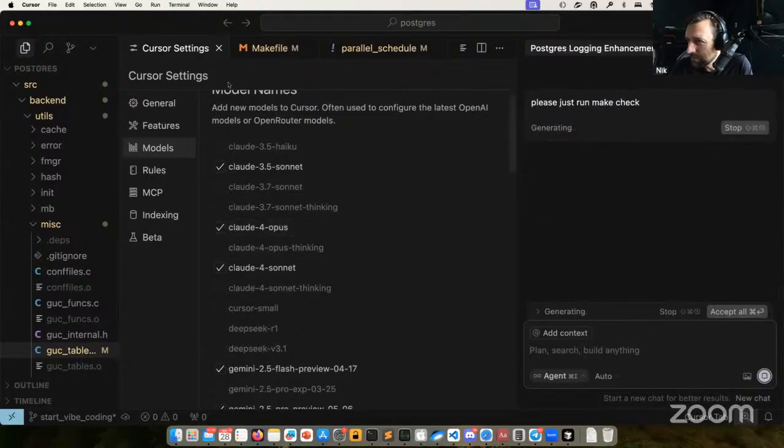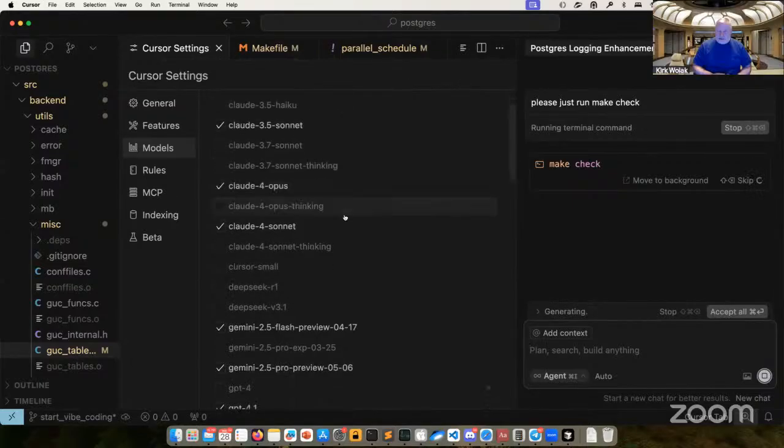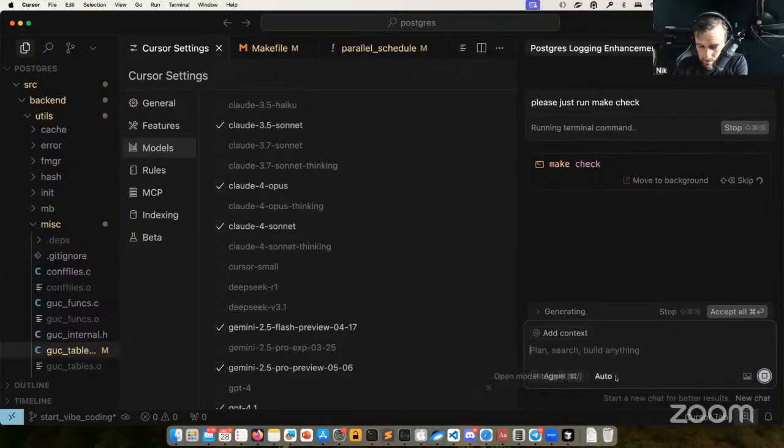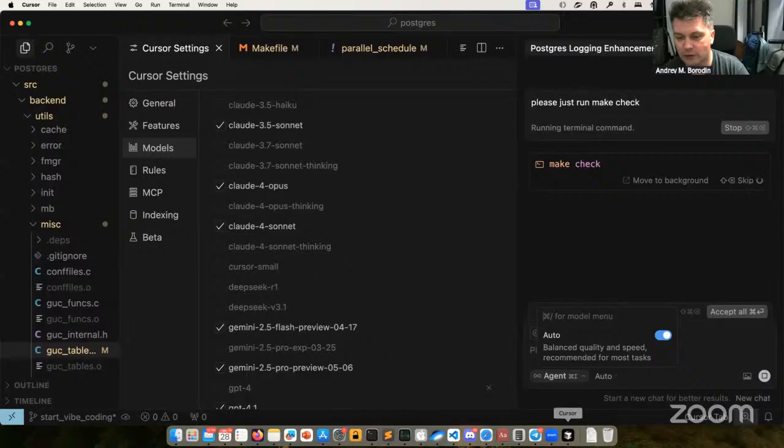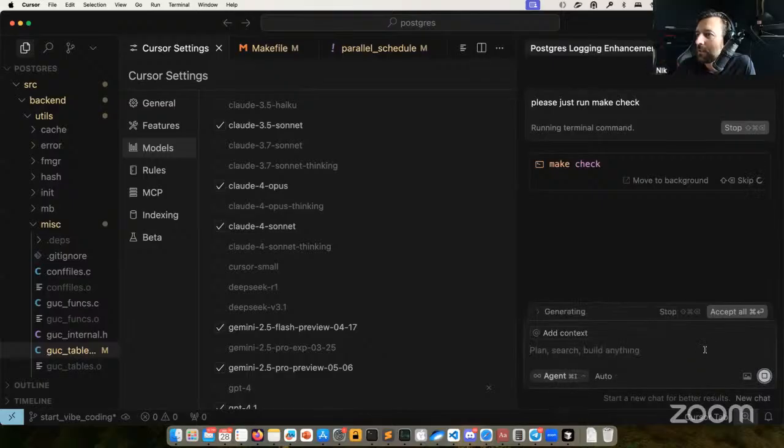I don't understand the model we're using right now, because my interface is slightly different somehow. All I see is agent as opposed to which model. Yeah, at the right side of the agent, I see model. Why you don't see it is strange. I sent you a screenshot. It's auto. Okay, that's why you don't see it, right?